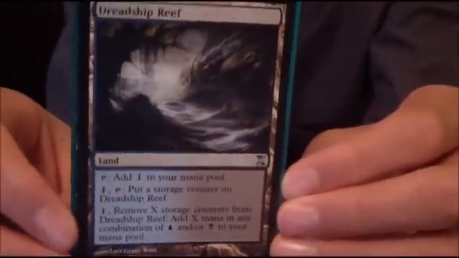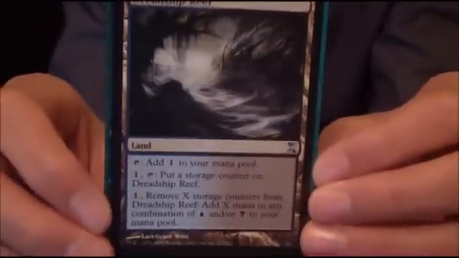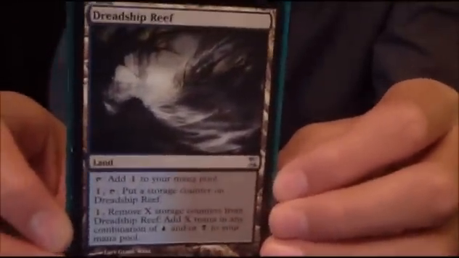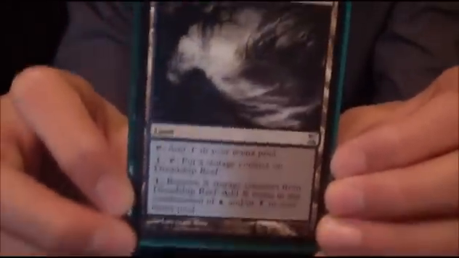We have Dreadship Reef. You can find this in a lot of 50-cent bins at your LGS. Unfortunately, it costs mana to put a storage counter on there, but it does fix as well as necessary and turns any extra mana into some mana later in the game for storing up. Not bad. We have Dimir Aqueduct,